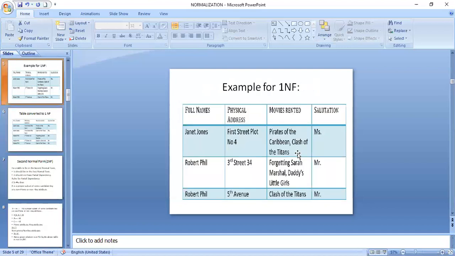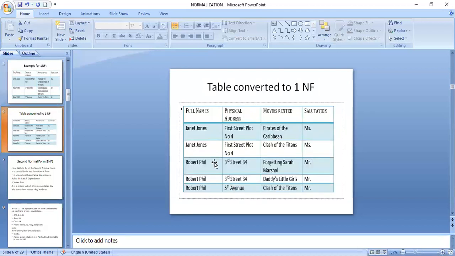So the actual database consists of only 3 rows, but when we try to satisfy first normal form for this table, we divide that single row into multiple rows.